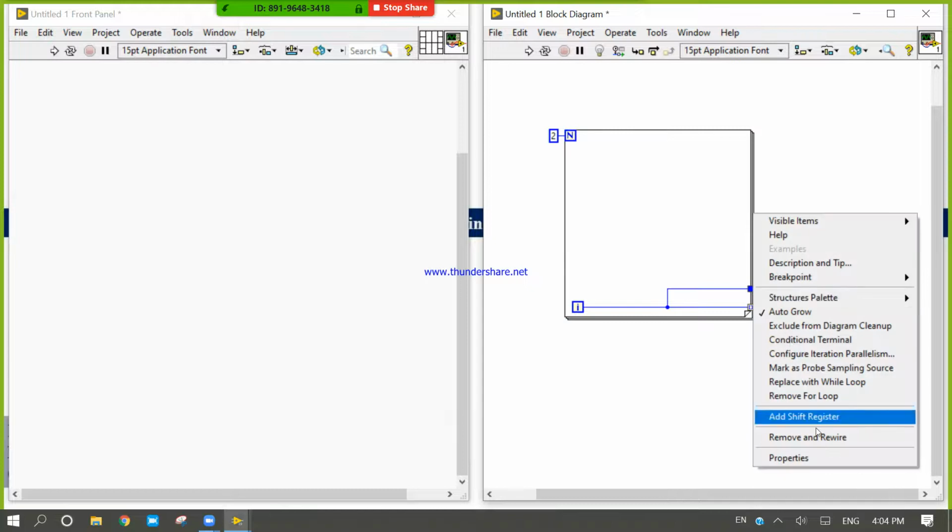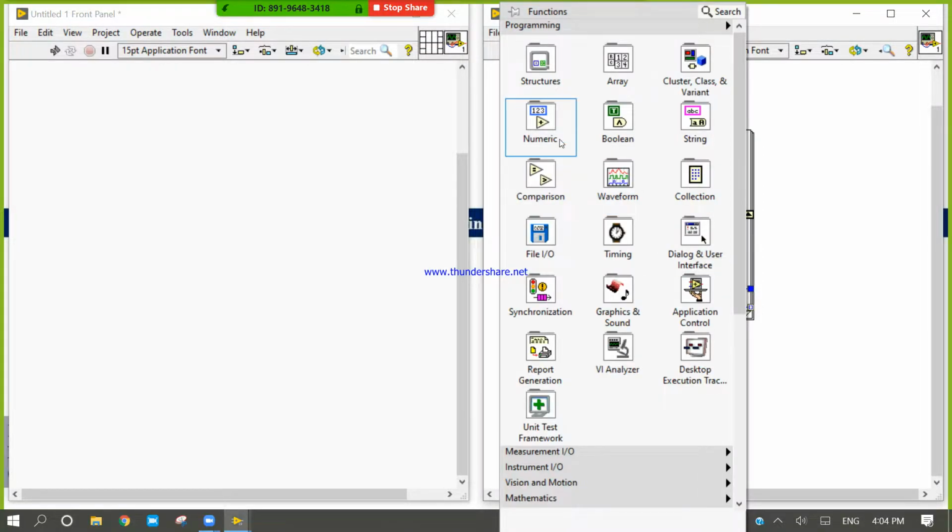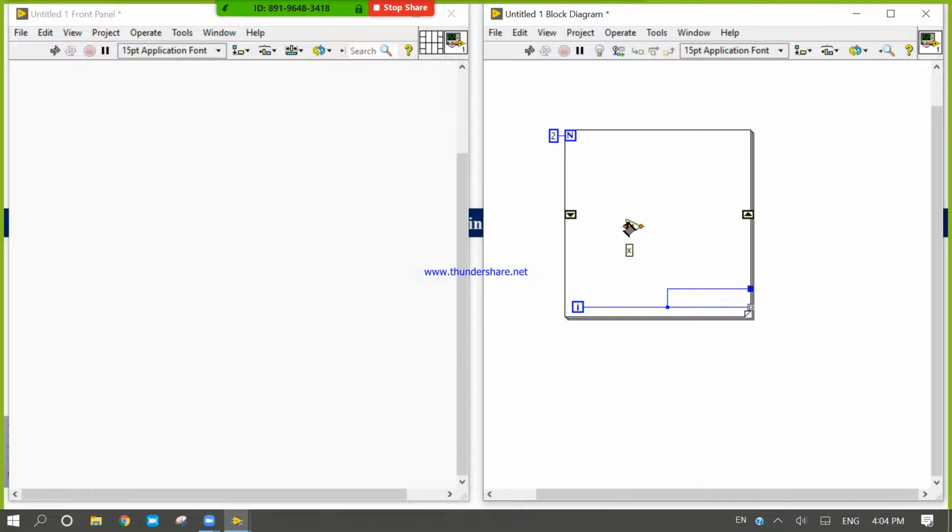Its name is the shift register. This is the most advanced, most beautiful thing about LabVIEW, because without using a shift register you cannot do anything. How does a shift register work? A shift register comes in pairs, one up and one down. It means one is the entry and the other is the exit. A shift register first takes data. Let's see, if any function is here and I want to connect it with this left one, then I will get a broken button.